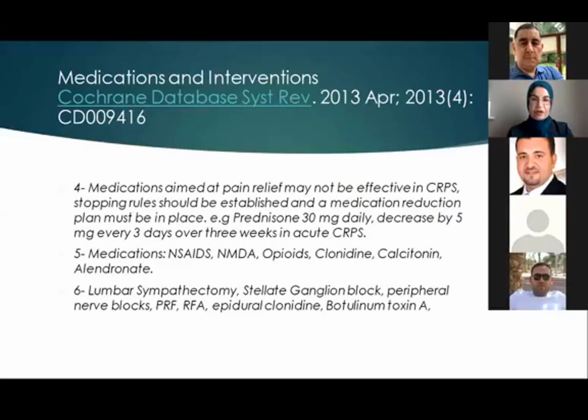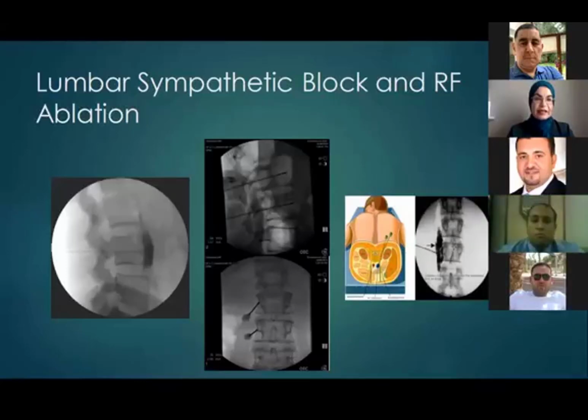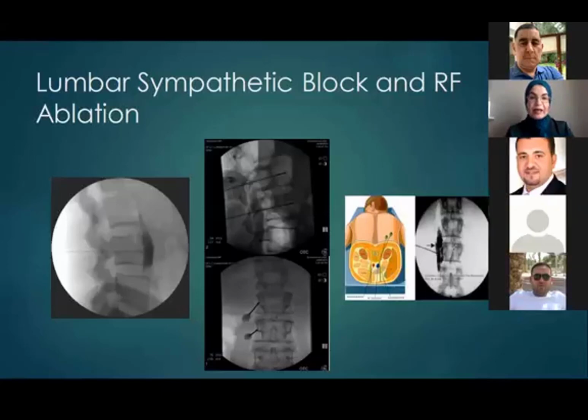and botulinum toxin A. And botulinum toxin A actually had very good results, and this was published in the Lancet 2015 for the neuropathic element of pain. Here are some pictures. The first one is showing the lumbar sympathetic injection, and you can see the dye in front of the vertebral body, and this is exactly the place where we want to go. Then there are 2 pictures. The bottom one is showing the radiofrequency ablation needle in the AP view, and the last 2 pictures again are about the lumbar sympathetic